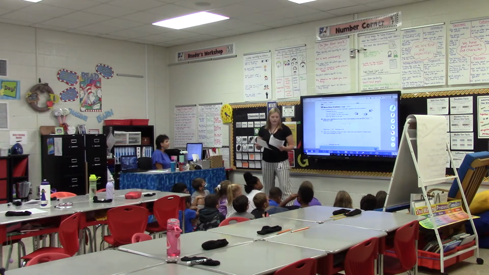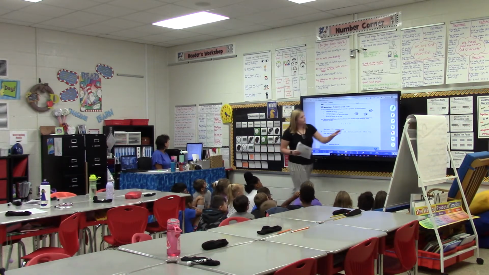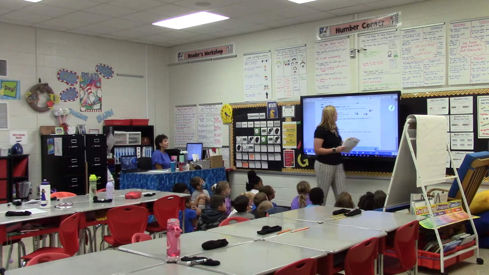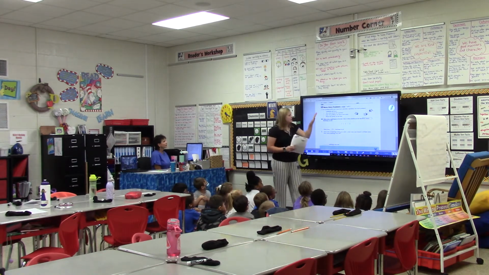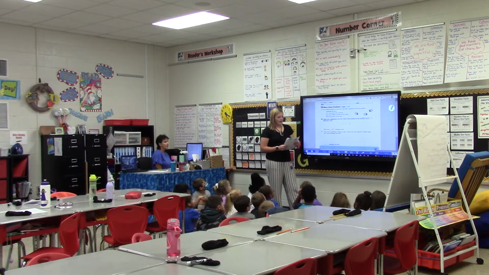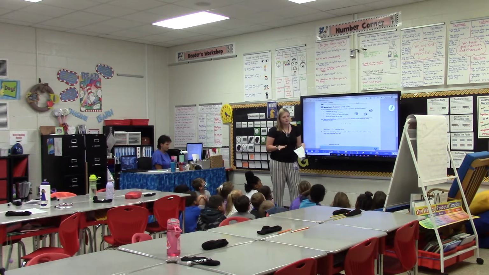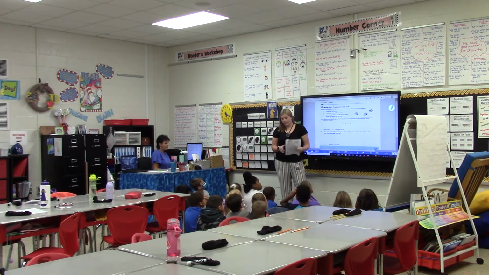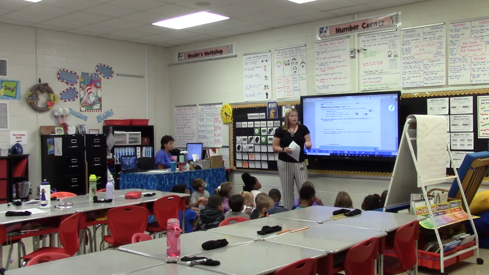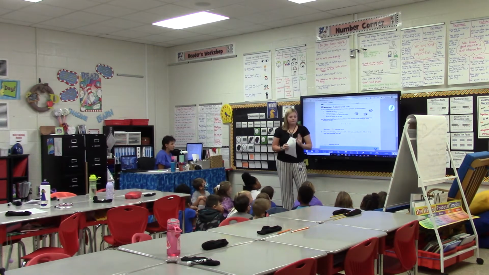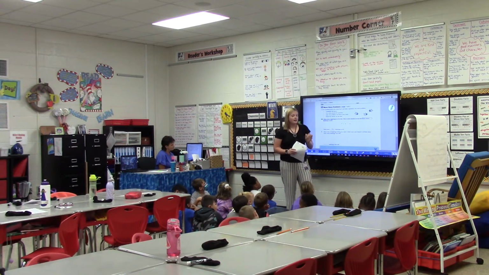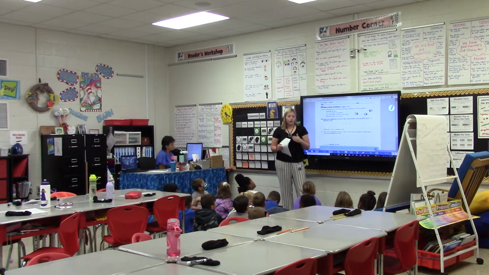So now we're going to look at this. I'm going to get my marker. Okay. So have you guys ever seen these 4 steps for a word problem before? Okay, so when you solve a word problem, it's important to know what you're doing because it can be kind of confusing if you need to determine if you're adding or subtracting. So with these 4 steps, you can determine the facts and the question, okay? And you can use these 4 steps to do that, and you can identify or look for our clue words,